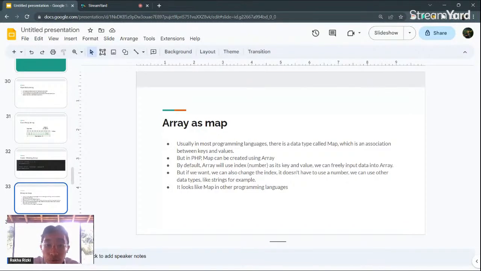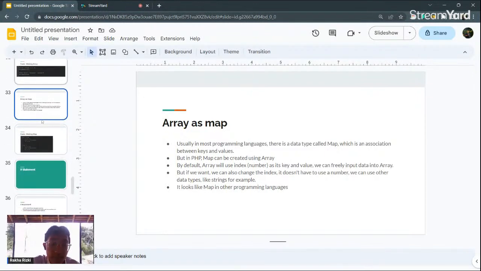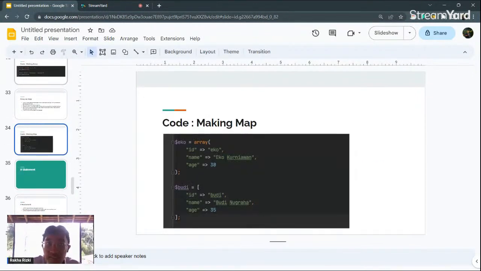But if we want, we can also change the index. It doesn't have to be a number. We can use other data types like strings, for example. It looks like a map in other programming languages, like in JavaScript.